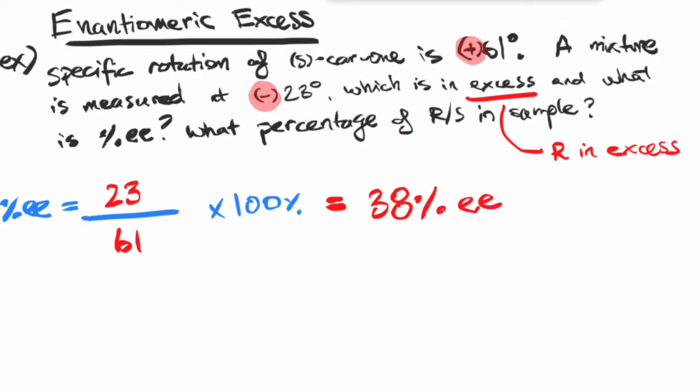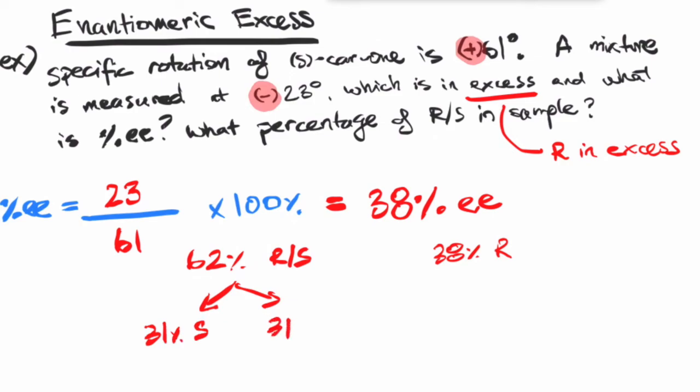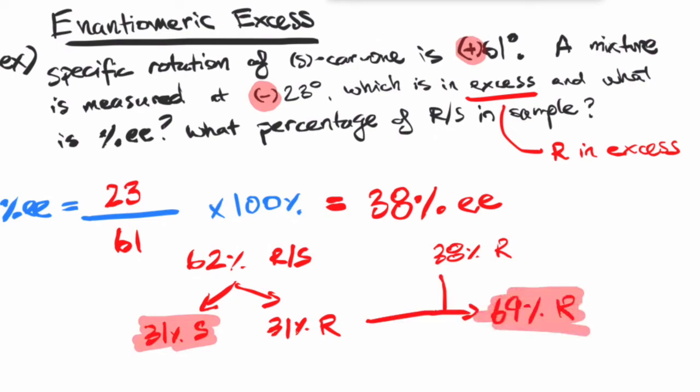So let's break that down a bit. What does that mean if it's 38%? Okay, so first off, that means 38% of it is definitely going to be an R species. And the leftover 62% is an equal mixture of R and S, right? So that means when you split that in equal parts, you would have 31% S and 31% R. We know we have 31% S, and the combination of 38% and 31% will give us 69% being the